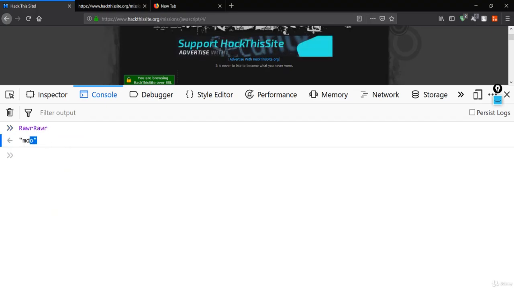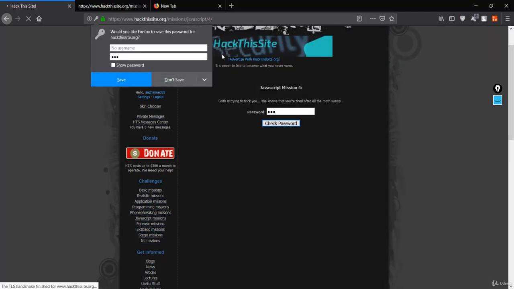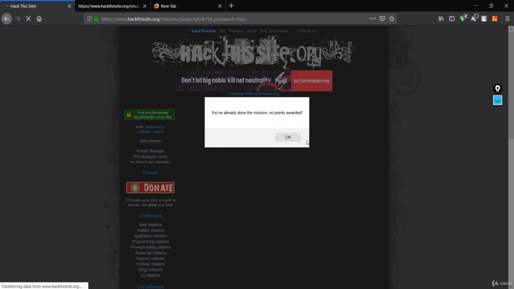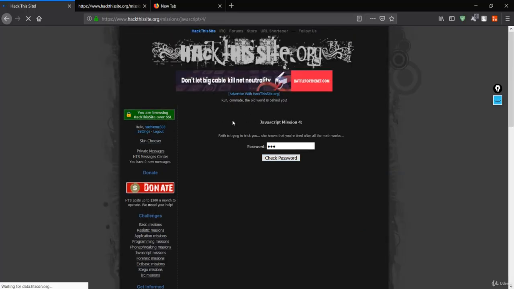It is going to give us mo. I'll copy this content, and as you know, we're going to get the correct output over here. Let me check the password, and it is the same password. So you can also do something like an injection. You can just change the variable content and make your own password over here.